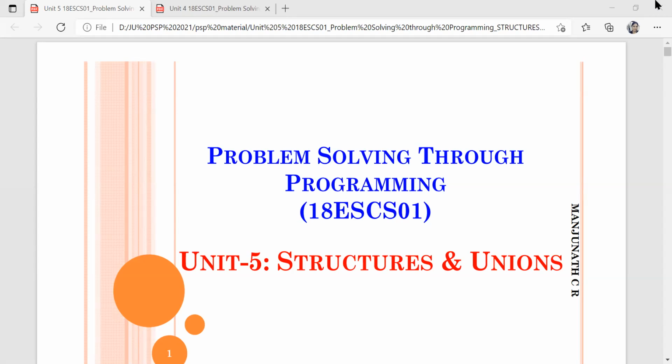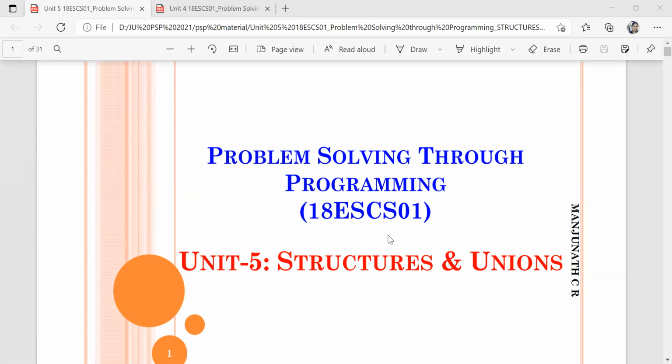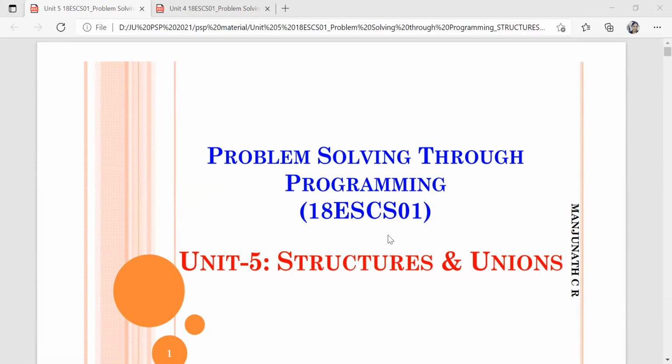Because integer will accept only numbers, BTR and CS cannot be stored. The same way, it cannot be float because we have alphabets. So the appropriate data type for USN number will be character data type. Again, address will also have door number, street name, city name, country name, all those things. So it is a combination of alphabets, numbers and special characters, so it should again be character data type.